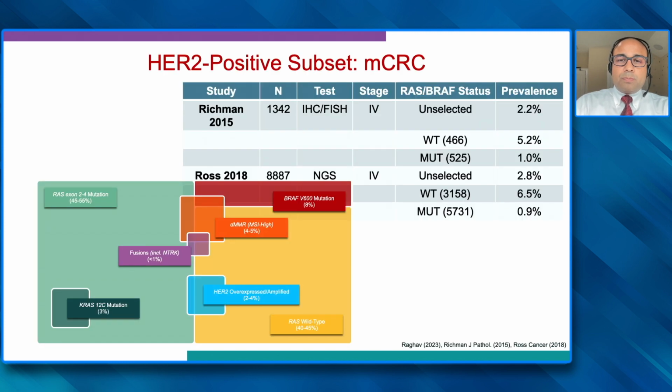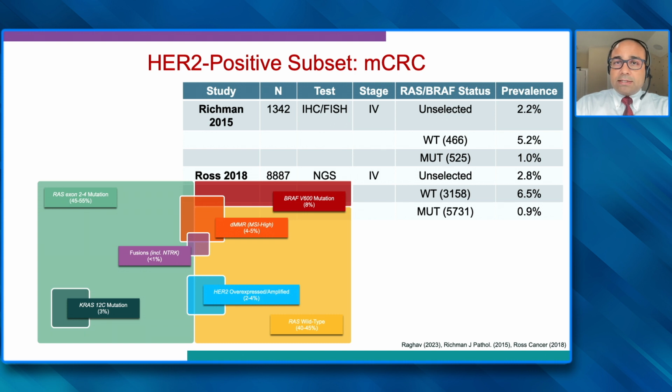When we talk about HER2 prevalence in colorectal cancer, HER2 is a small but distinct subset of colorectal cancer. This is seen in anywhere between 2 to 3% of all unselected colorectal cancers. And it presents certain unique clinical phenotypes, such as more preponderance of lung metastases, increased incidence of brain metastases, and also non-responsiveness to anti-EGFR based chemotherapy regimens, which are the standard of care for these patients.